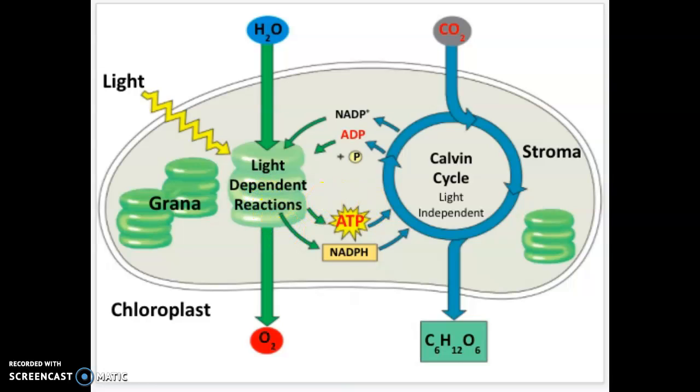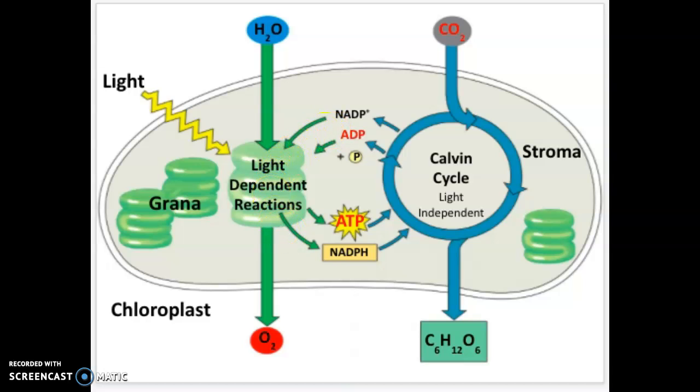We charge up our ATP molecule. That ATP molecule moves into the second part of the cycle, the light-independent reactions, which we sometimes call the Calvin cycle. Carbon dioxide comes in here. This occurs in the stroma, that jelly-like substance, and glucose is released. There's a cycle that continues. We use ATP that was charged up from the sun, and then it has to be recycled. So ADP returns back to the light-dependent reactions.